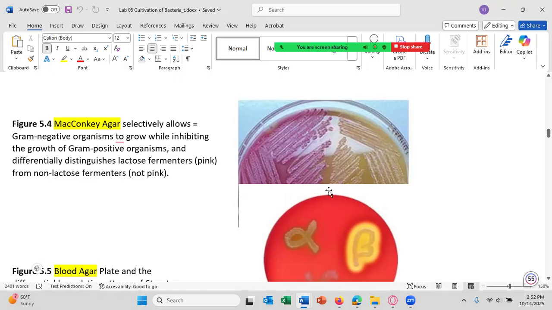And it's also differential, and that is if the bacteria can ferment the sugar lactose, you'll see pink colonies like this, or even pink around the growth. Like right there, the media in between the streaks is pink, and that's because of lactose being fermented. You don't need to know this, but we'll just mention it anyways. When lactose is fermented, that lowers the pH, changing the color to pink, meaning the pH indicator turns pink at this pH. And if the bacteria can grow on the media, it's gram-negative, but if it cannot ferment the sugar lactose,